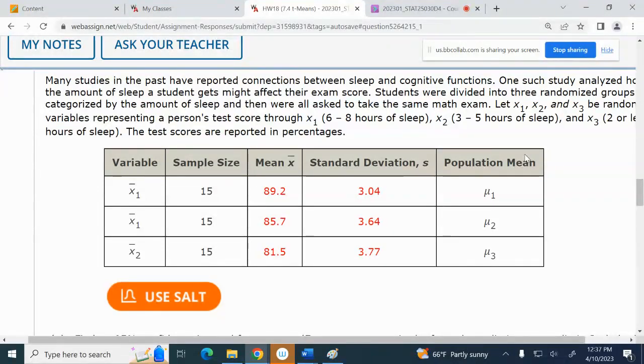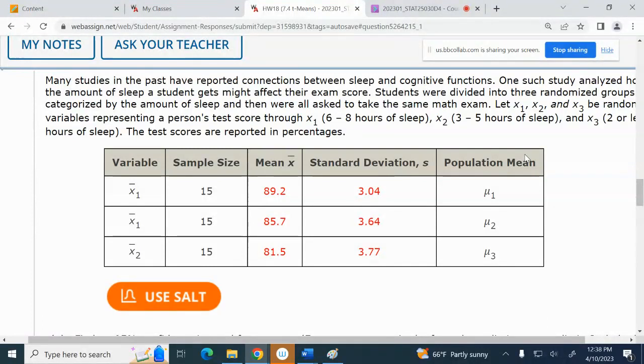So now, I think it's a typo. I'm sorry. It must be 2. It must be the second one, and it must be the third one, right? It's another typo. So that is each estimation, right? But in part A, B, C, we take the confidence interval for the mean difference, right? It's between this one and this one, between this one and this one, between this one and this one.